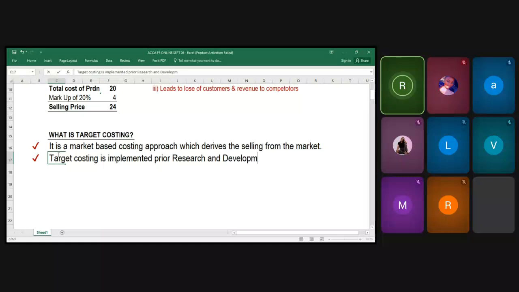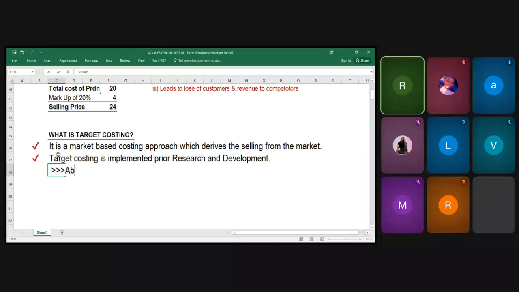So if we are to employ target costing in our operations, what is it that we're doing before the product comes into existence? We first of all apply target costing. That is very, very important for us to understand. So why is it that target costing could be of much use compared to the traditional methods of costing? We are saying